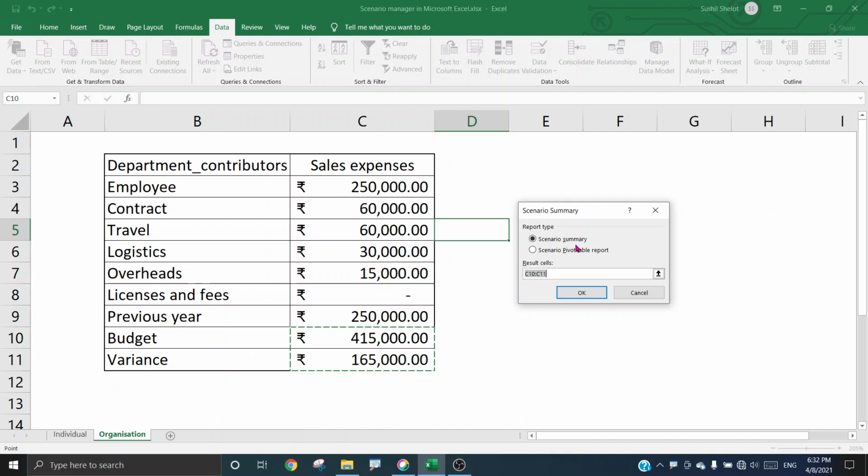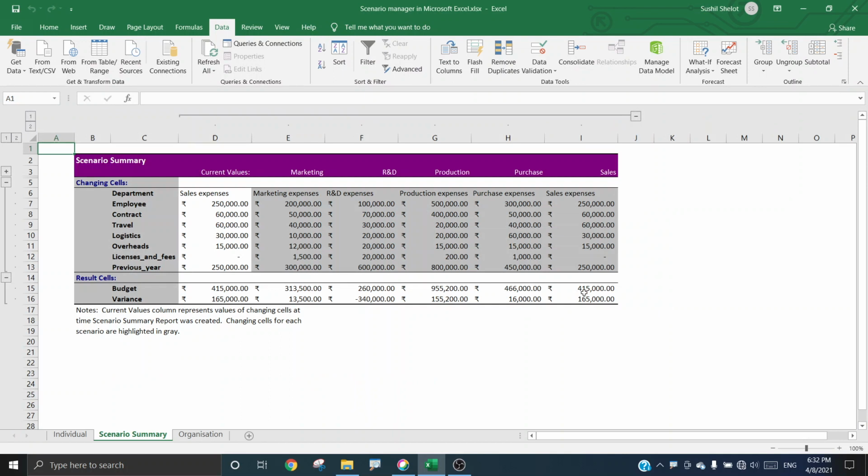In the earlier example, we had chosen only one cell, but here now we're going to choose two cells, that is the budget and the variance. Once done, those appear here. C10 and C11 are the cells which I have chosen for the scenario summary, and I go to OK. So when I say OK, as I already told you, the sales expenses which were the current values appear here as they are. Now you may be wondering why I named all these cells with the left side column.